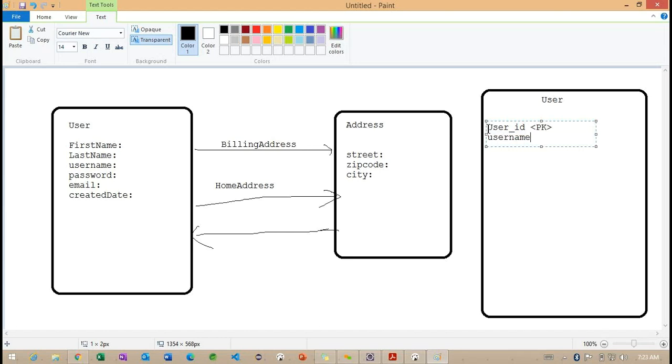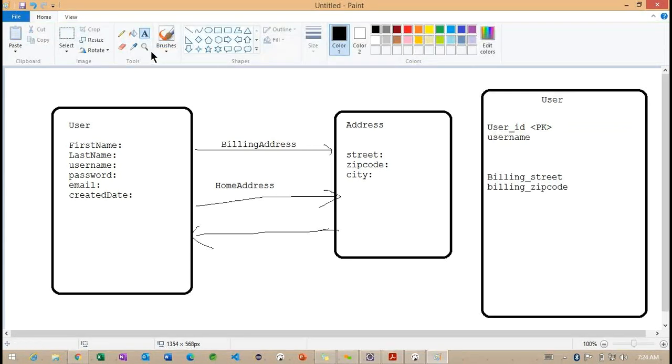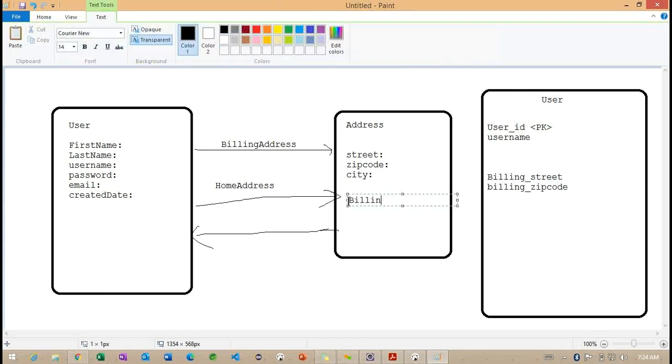And something called username, and we identified the first name, last name, password. The remaining columns I am not going to write here, but observe how this particular billing address component is going to work. So here billing related columns: something called billing street and billing zip code.